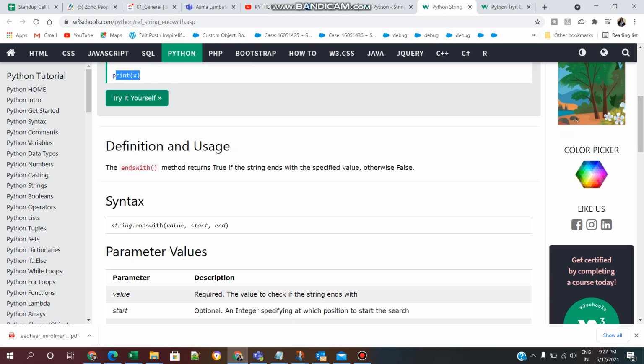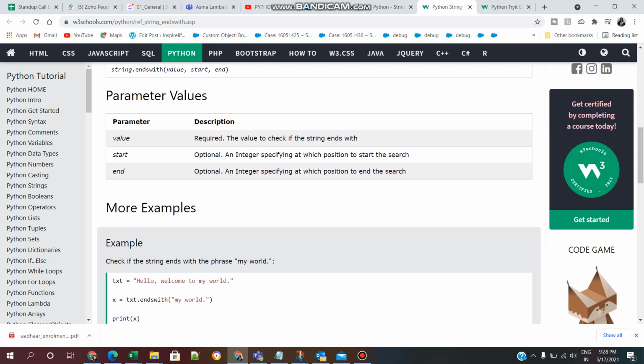Definition and usage. The endswith method returns true if the string ends with the specified value, otherwise false. The syntax is string.endswith(value, start, end). These are the parameters we are passing. Value is required.